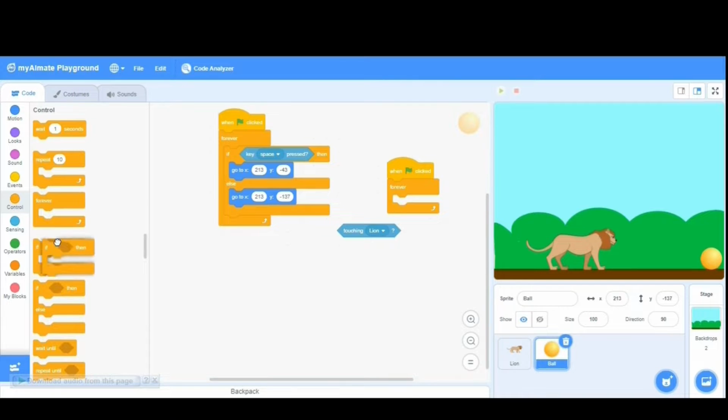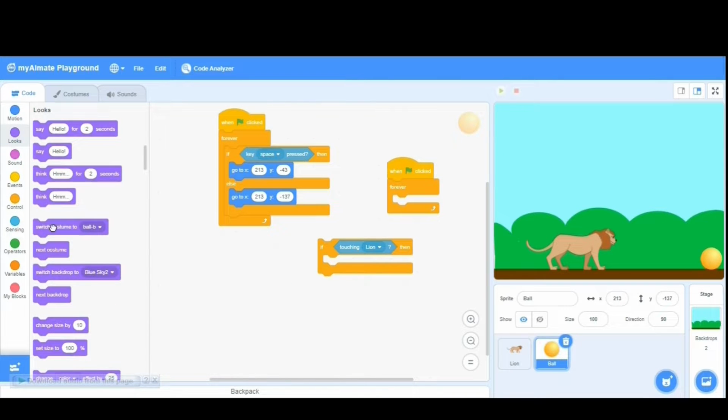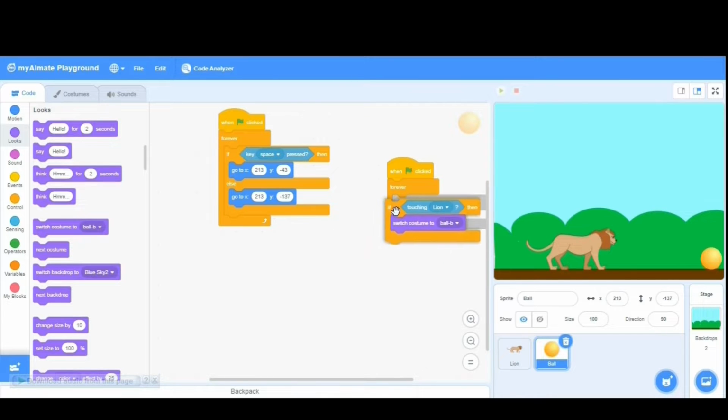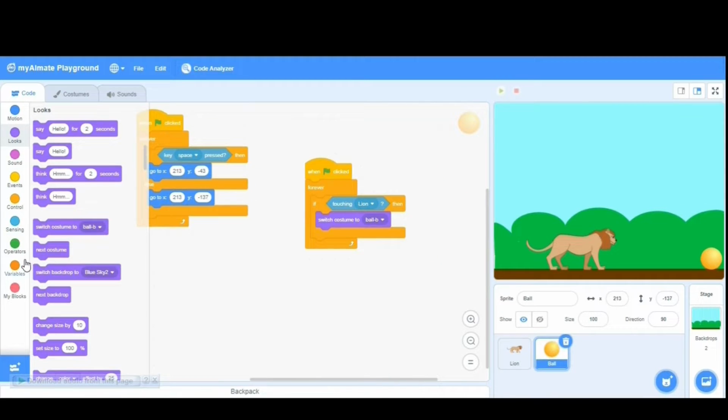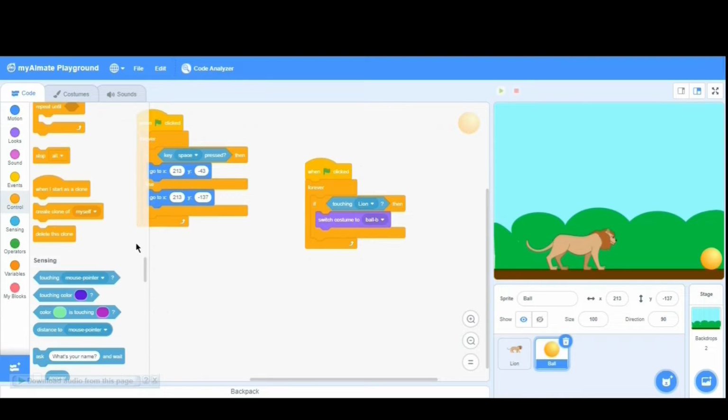If my lion is touching the ball, then what I have to do? I have to change the costume of my ball to B and I have to stop the whole game. For that purpose, I will use this stop all functionality from there. This will stop my whole game.